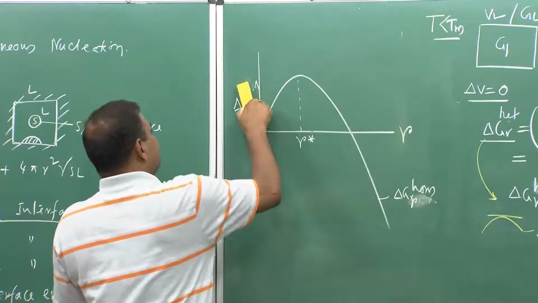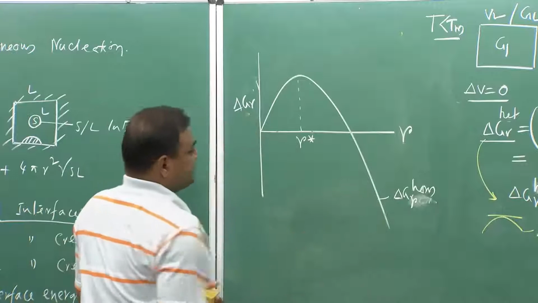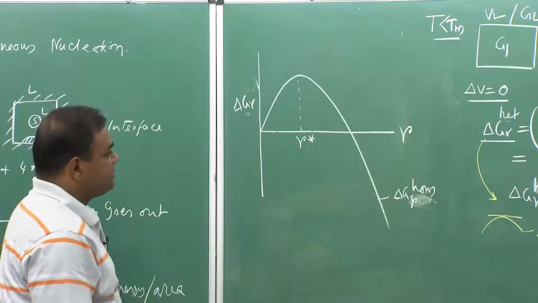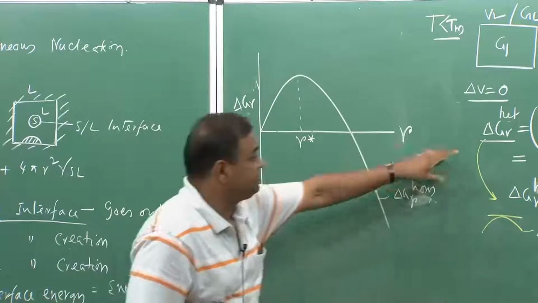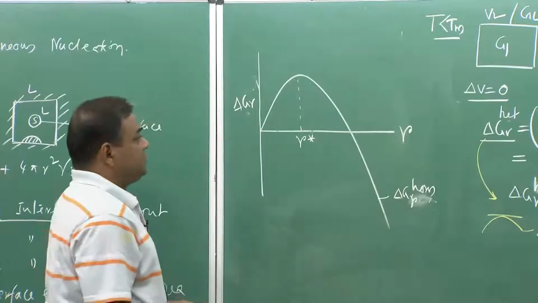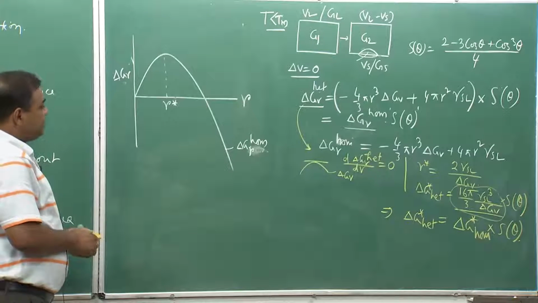So, I do not write it as delta G homo, it is only delta G r. Now, this is my delta G r homo. Now, if I try to see the variation of delta G r heterogeneous, we have to see what is the value of S theta. Now, you will see that